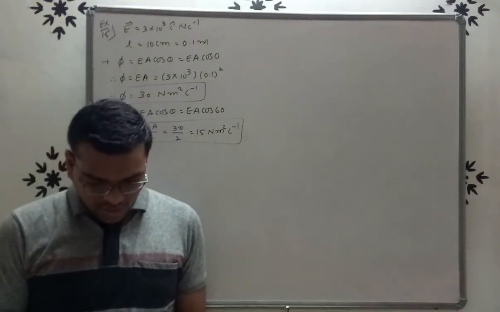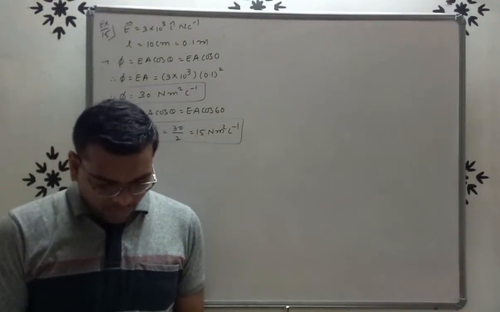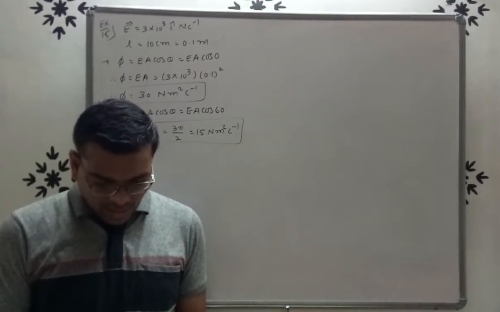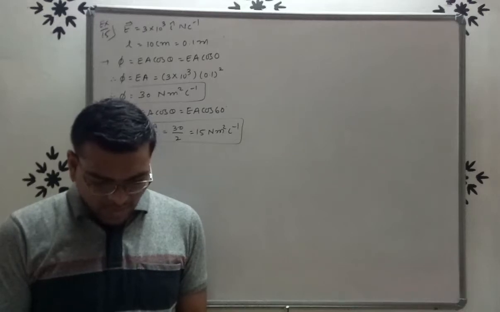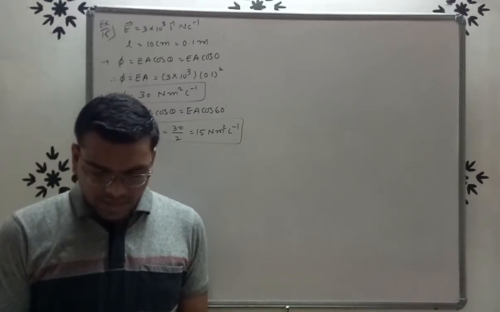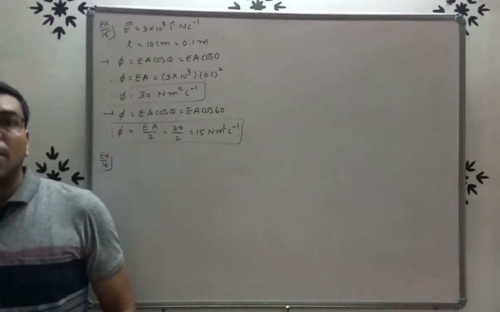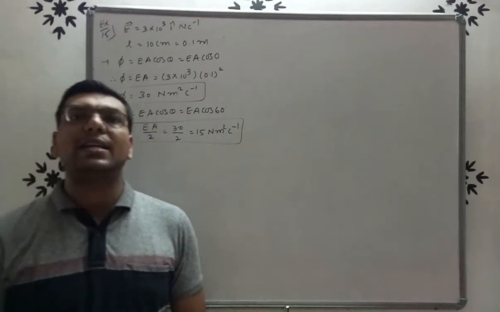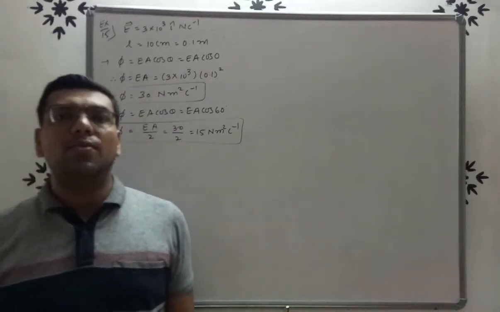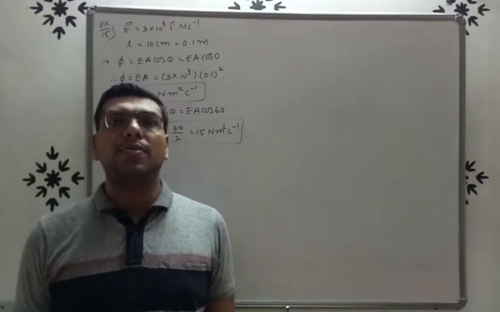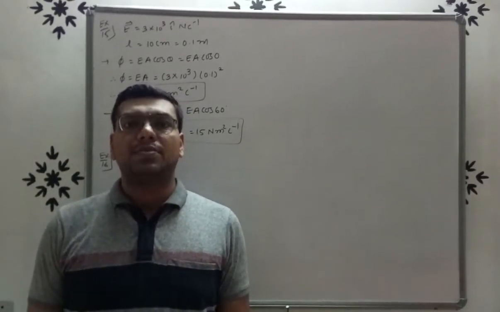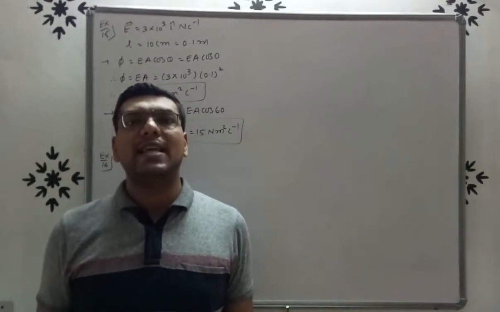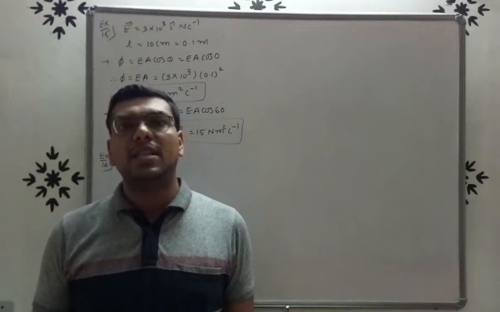What is the net flux of the uniform electric field of exercise 15 through a cube of 20 centimeter oriented so its faces are parallel to the coordinate planes, right? So here we have to find out the flux. But here a uniform electric field is given. So in a uniform electric field, the number of field lines that enter any element is equal to the number of field lines that exit from the element.